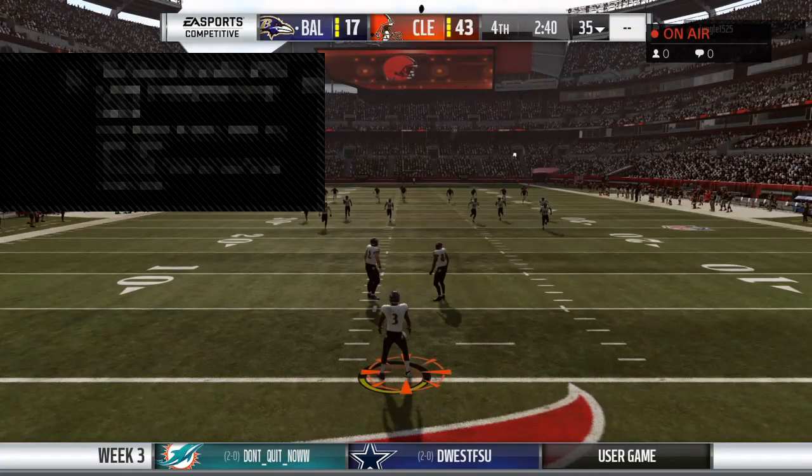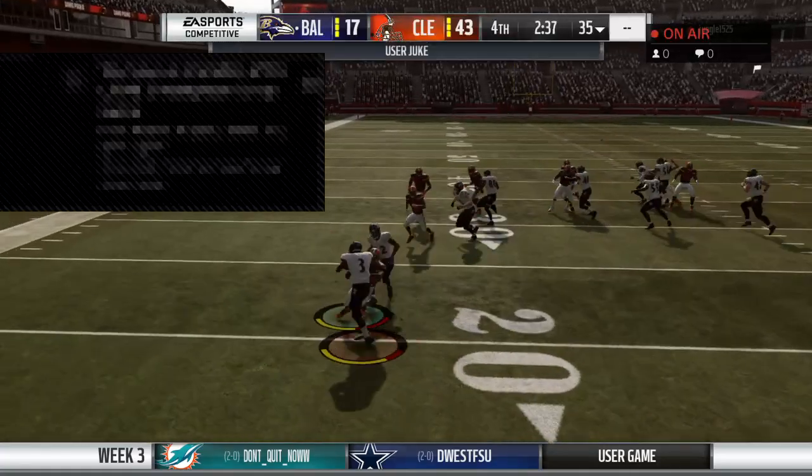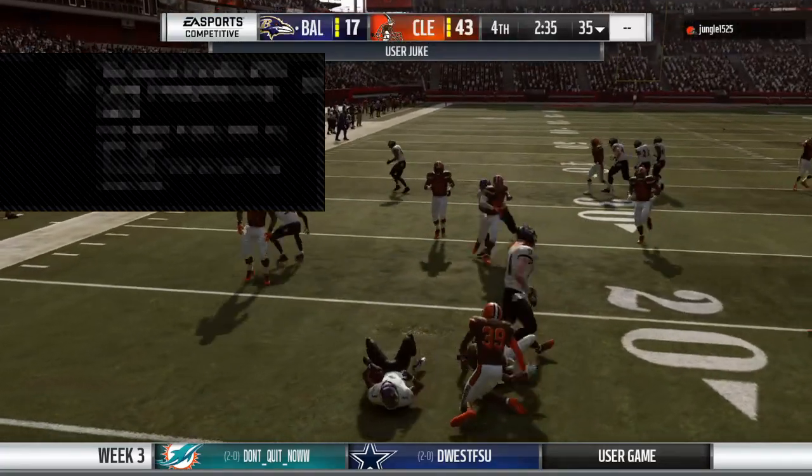And now they're that you're going to have to deal with. They're trying to figure out ways to get better. No, a nifty juke there. Not much fun for